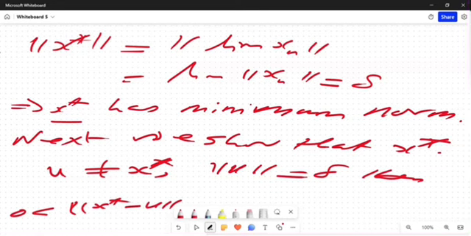If you recall the parallelogram law, this will be equal to 4 delta squared minus 4